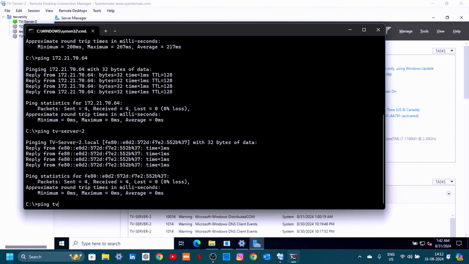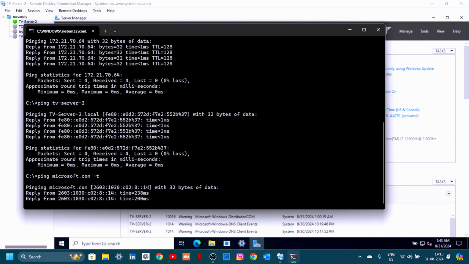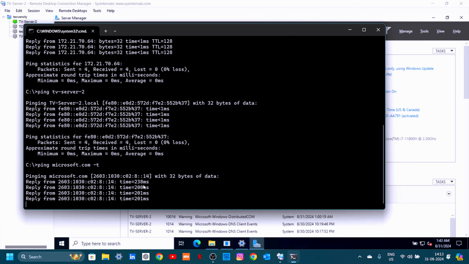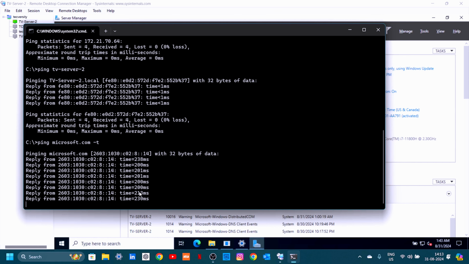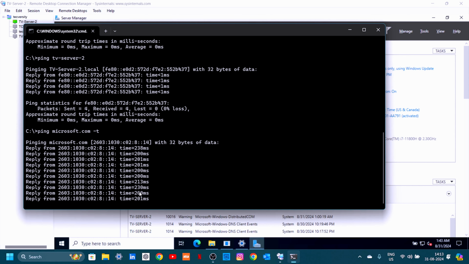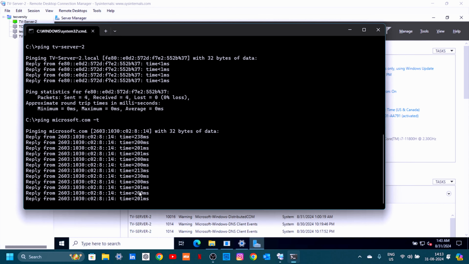For example, let me show it for Microsoft.com. I'm just giving -t as an attribute here. Now you can see it keeps pinging, and it will not stop until I cut it or stop it. I just need to press Ctrl+C on my machine and it will stop.